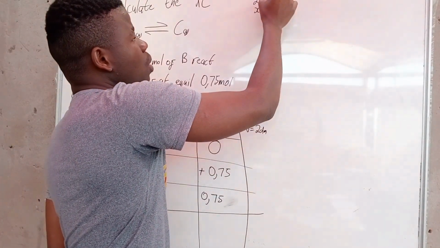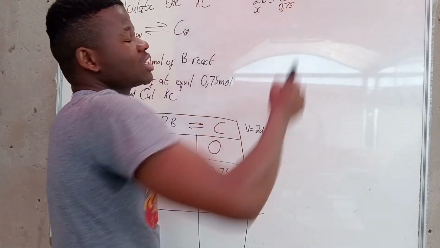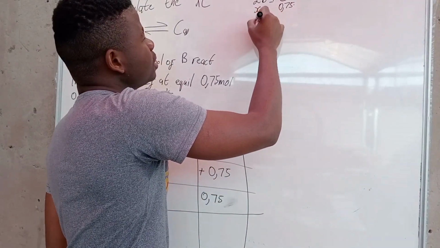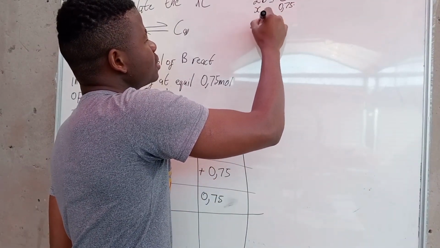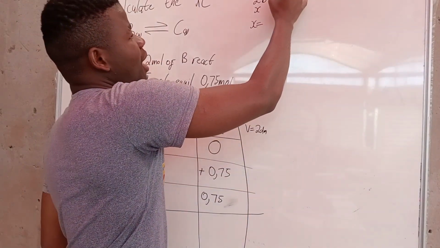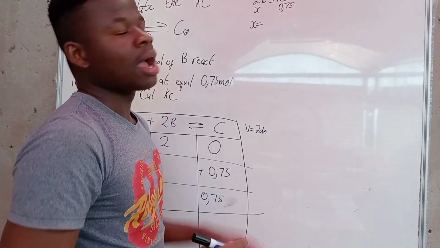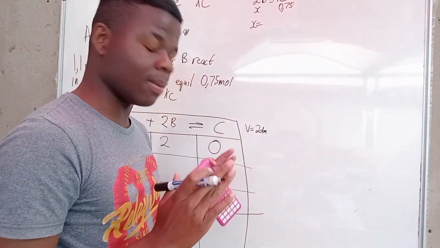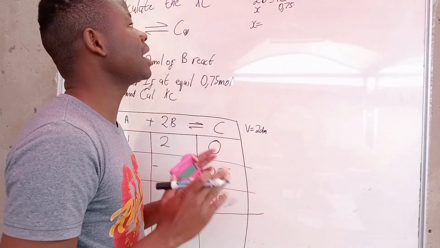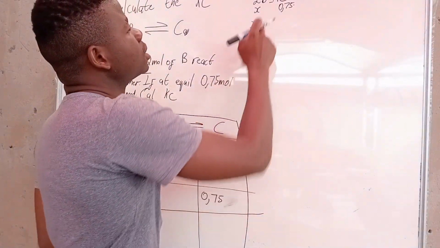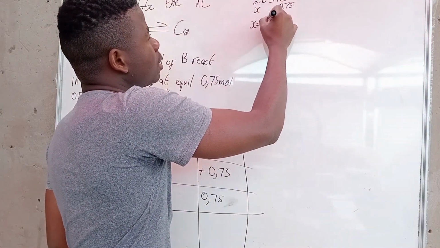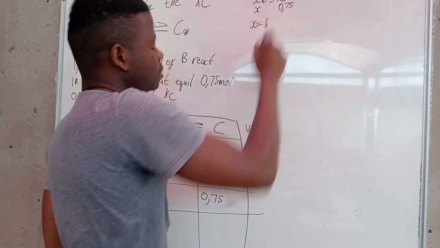So in this case, we are going to cross multiply, and then x is equal to... Check, I'm going to cross multiply the numbers only. So 2 multiplied by this, I get 1 comma